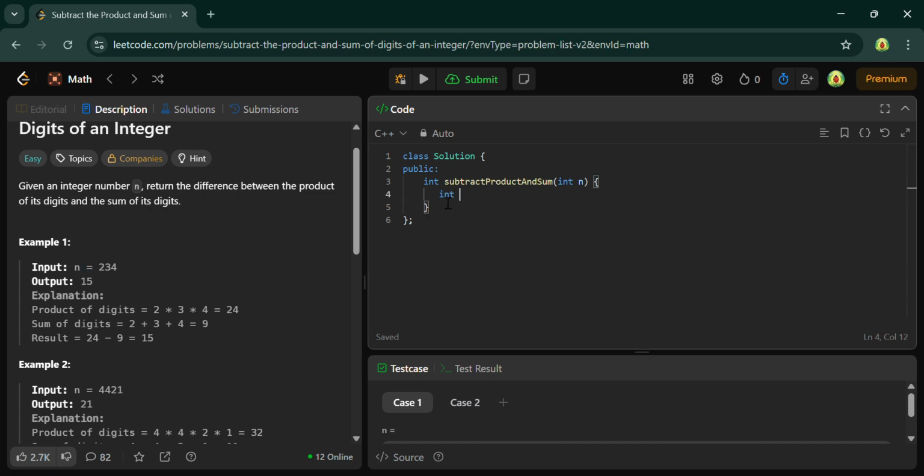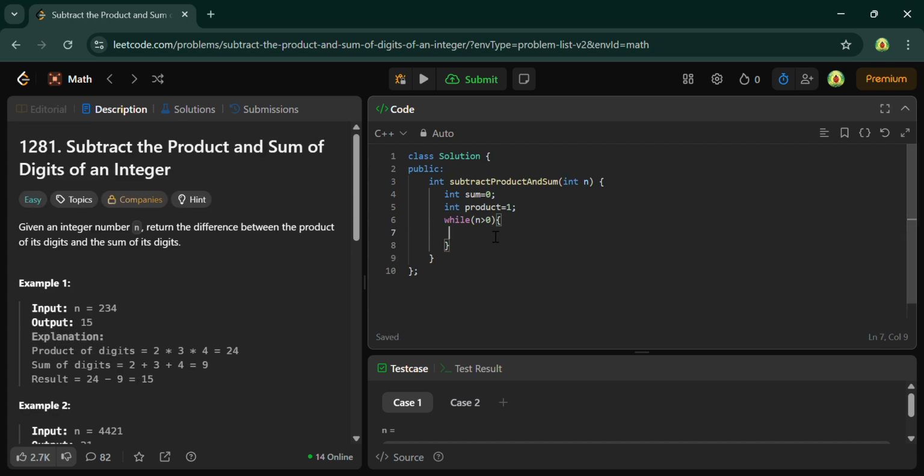First you have to create int sum equals 0, which will store the sum, and int product equals 1, and then while n is greater than 0 we will traverse through each digit. So while n is greater than 0,